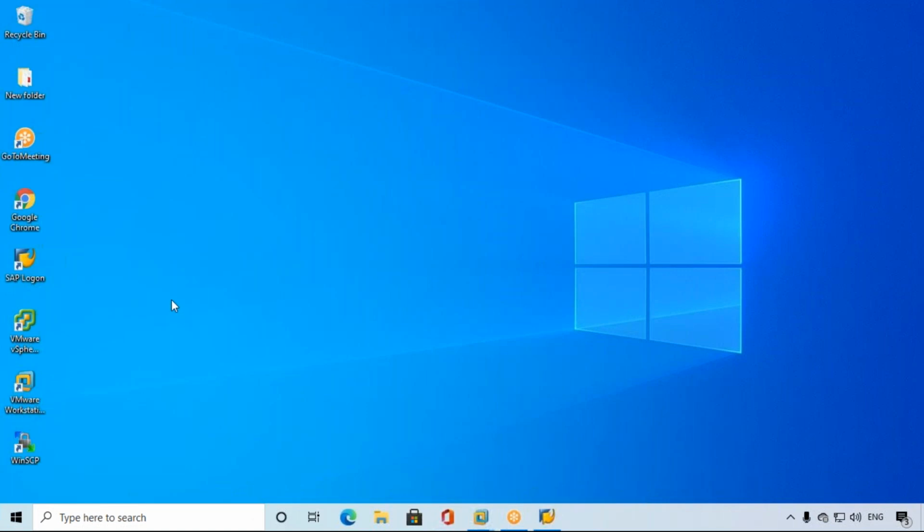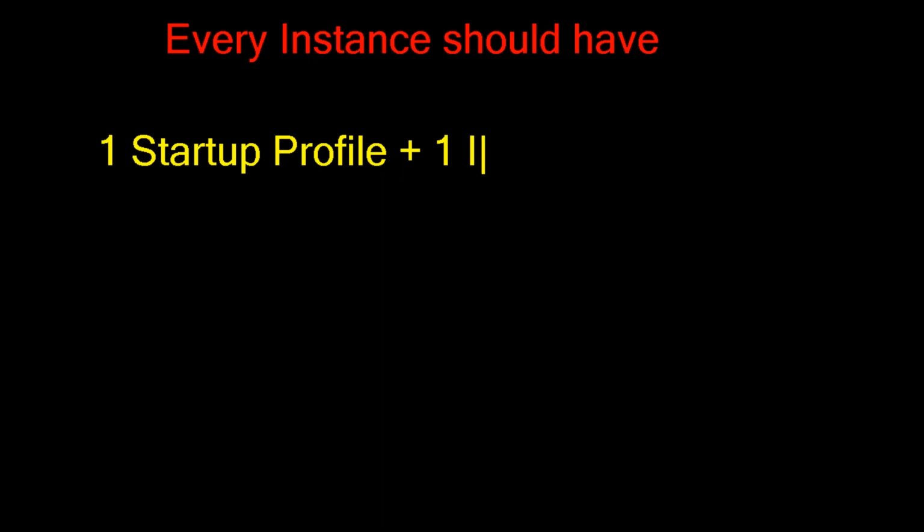So next one, please observe this one. Every instance should have one startup profile plus one instance profile, but the default profile is only one.